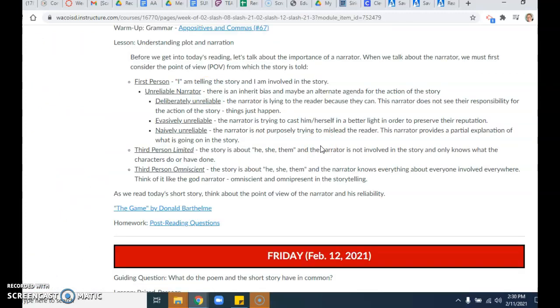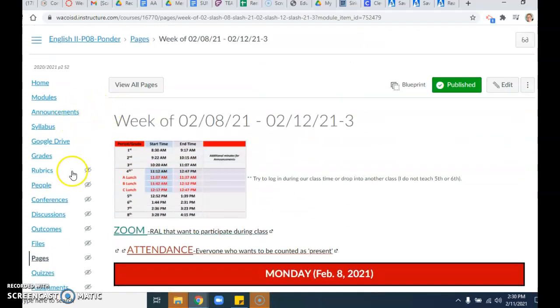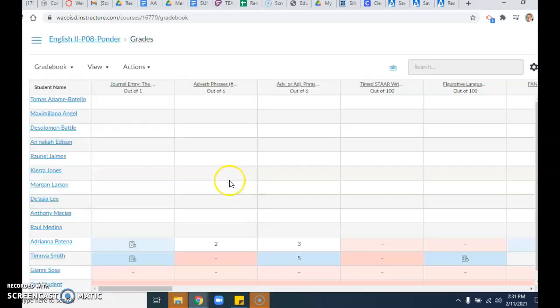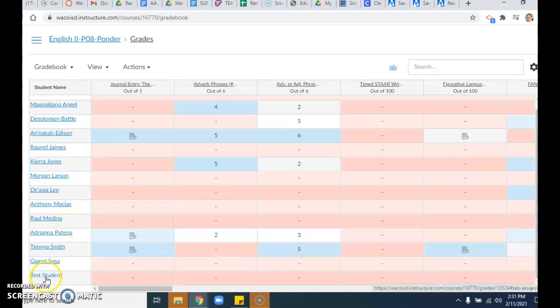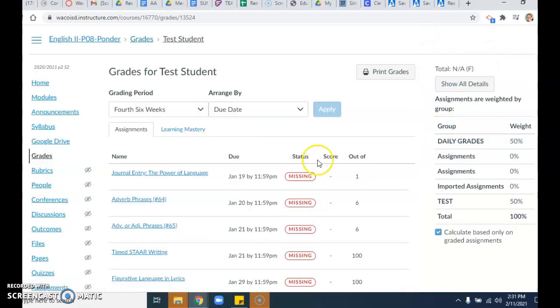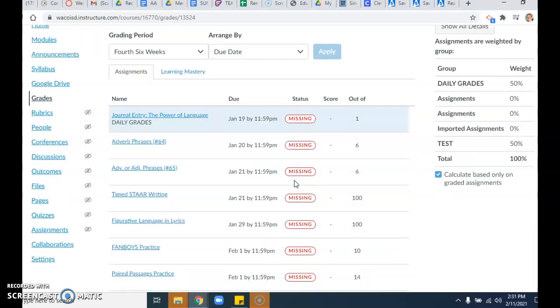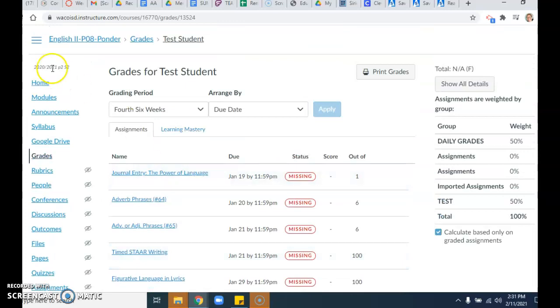So remember, there are no late grades right now, so everything is still available for you to do. So please make sure that you are taking time to go to your grades tab. Oh, there's the bell. Go to your grades tab, and for instance, I'll just do the test student. If you go to your specific grades, it will tell you if you're missing something, okay? So obviously if you're missing it, go in and do it right now. And then use the Remind app to tell me that you did it so I know to grade it, okay? Please get this done. I want the best for you, and that's really just up to you.